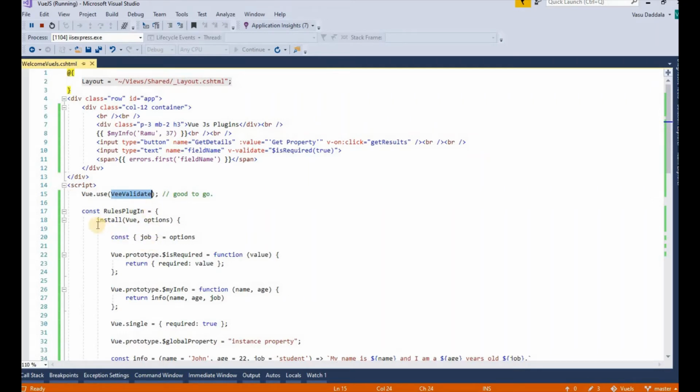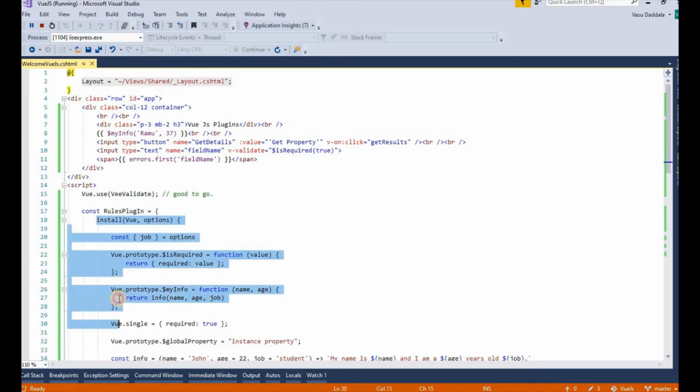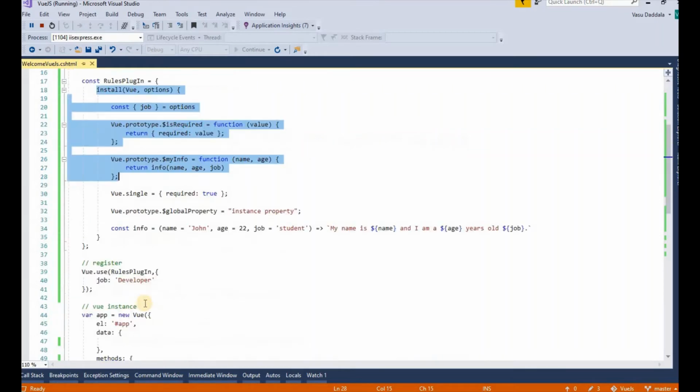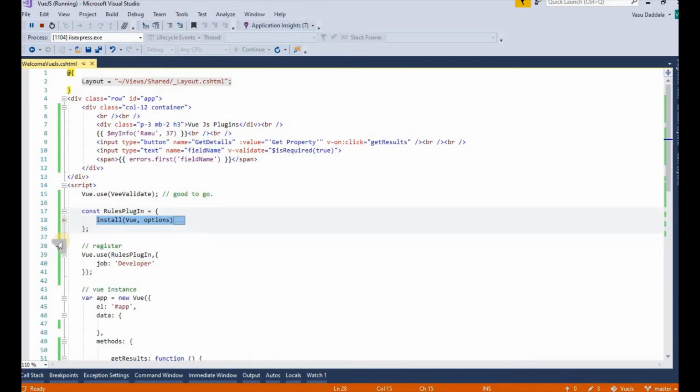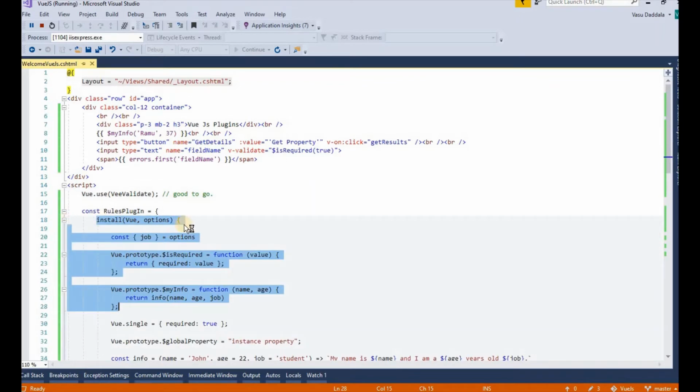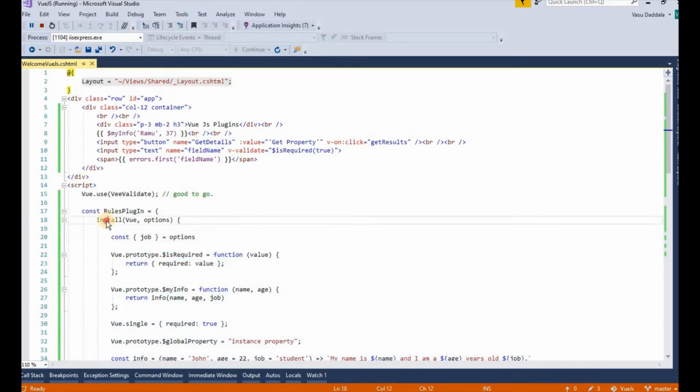If you want to write your own plugin, you just need to create it and register it. This is where I have created my plugin with methods. If you want to create any plugin, it needs to implement the install method. The install method has two arguments: one is the Vue instance, another is options. I tried to implement a plugin for rules, so validation rules I can say. So in the install method,